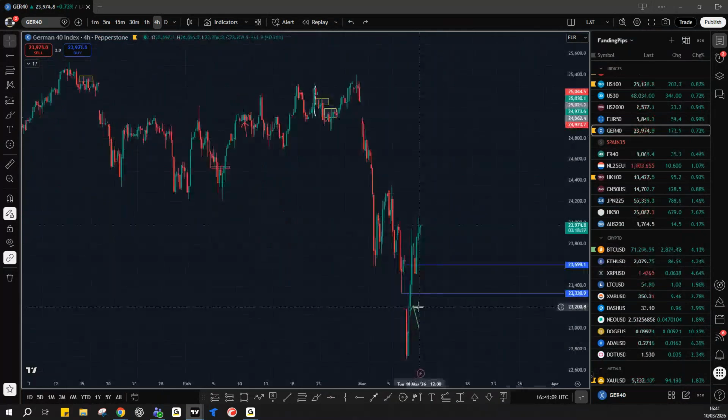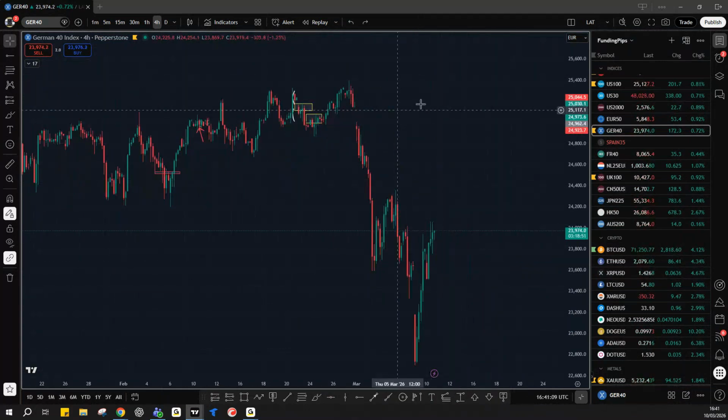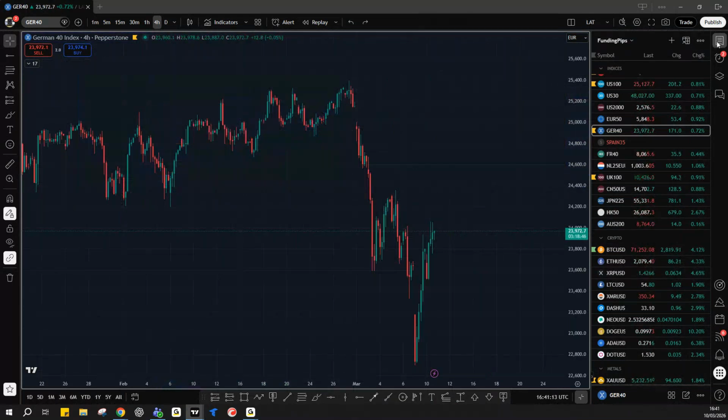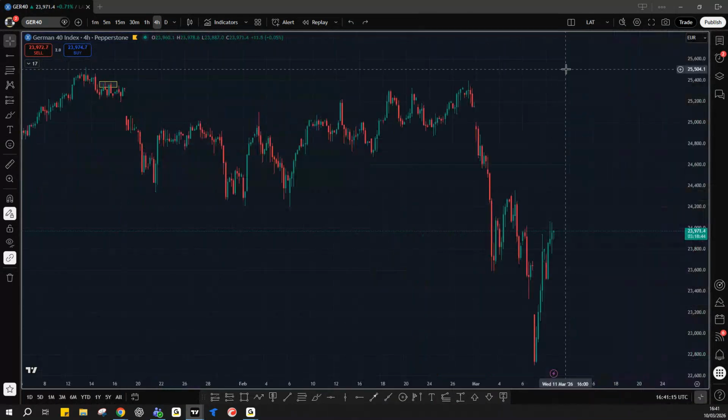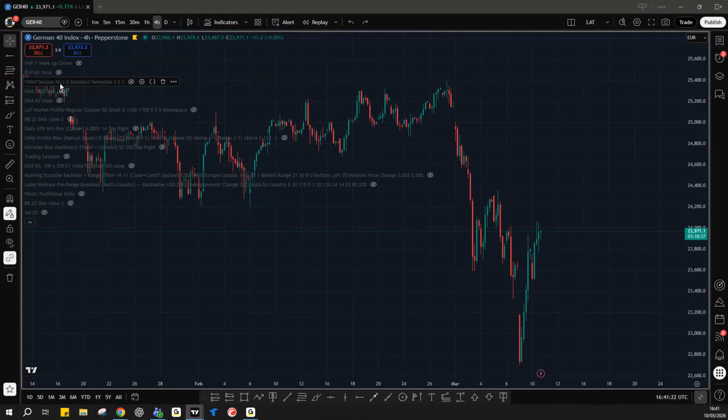I used to trade the DAX quite a lot for profiles. I thought it was a very good asset to use for these profiles. Again, I focused quite heavily on the low volume areas. So for about a year or a bit longer, I was just trading the DAX and nothing else. I was just trading off the profiles and low volume nodes. And for that, I found this was the better asset to look for those particular levels.